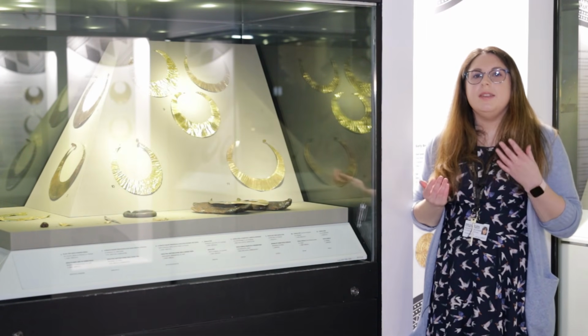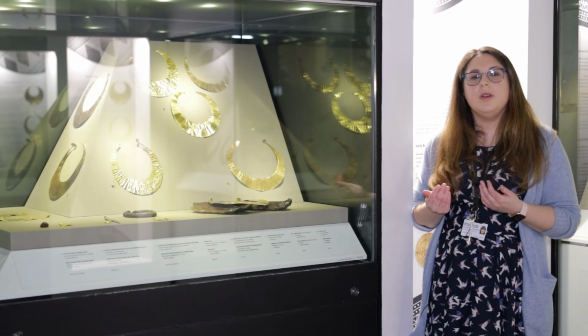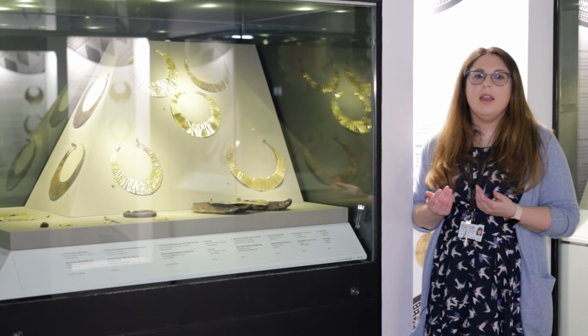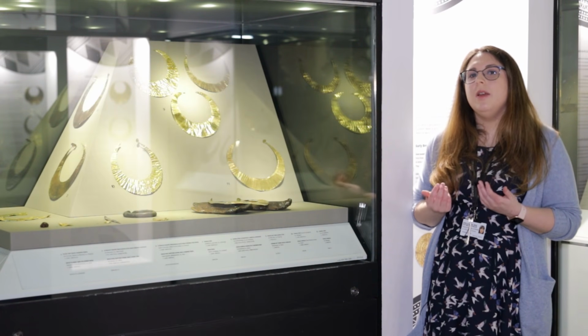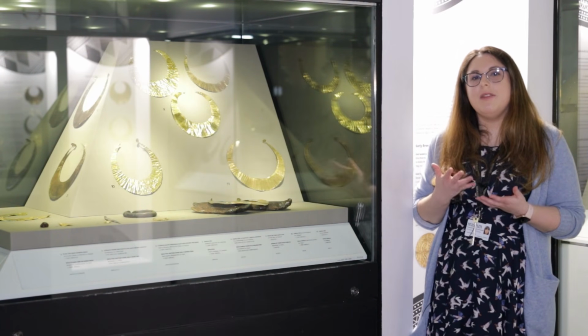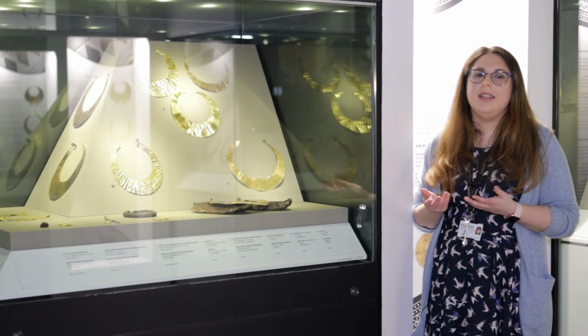The solar boat is seen as a vessel that carries the sun across the sky and through the underworld during the nighttime to bring the sunrise the following morning. This may also explain why the Sundisks are almost identical. One disc may represent the sun during the day and the other disc representing the sun at night as it